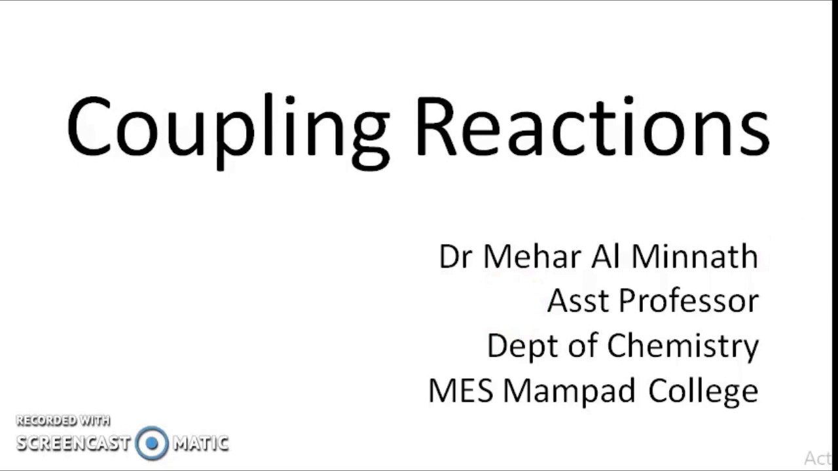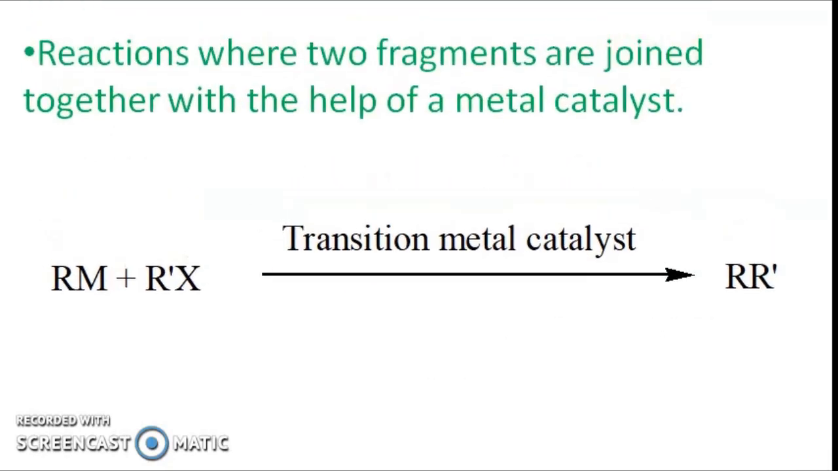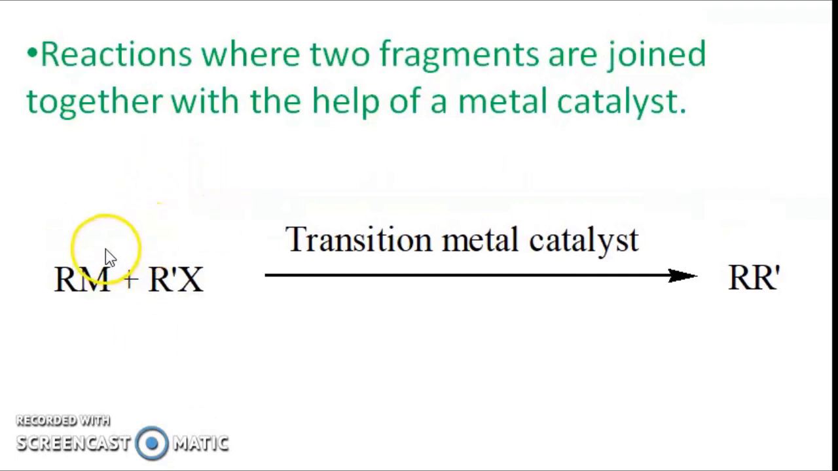A coupling reaction is the one, as the name suggests, which couples two fragments, that is, which brings two fragments together. Two organic fragments are brought together to produce another organic compound, and this happens in the presence of a transition metal catalyst. Usually metal catalysts having metals like palladium, copper, nickel, chromium, etc., are used for coupling